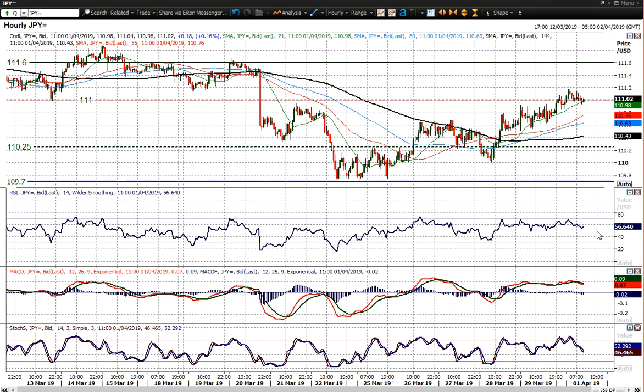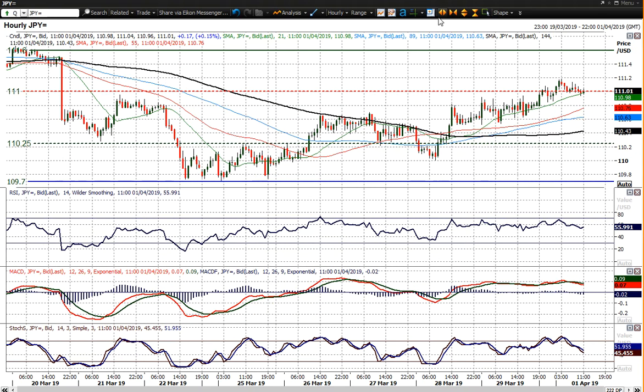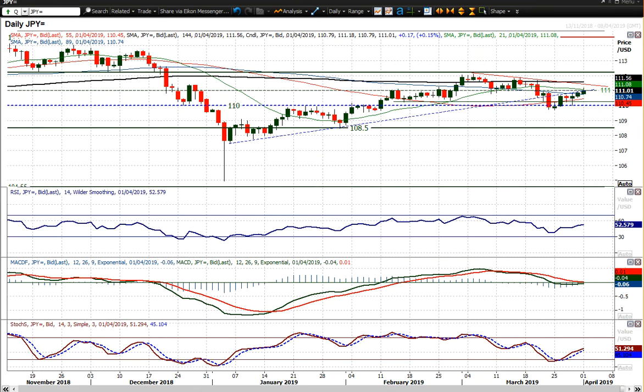But you're still fairly neutrally configured actually if you look at the momentum indicators. You're running a bit of a recovery phase with the RSI bumping up against 70 and finding lows around 50. So that is positive, and certainly that's reflective of this run of higher lows and higher highs in the last couple of sessions. But whether this run higher can continue, I think depends on whether the RSI really does move above 70 and really gain traction,